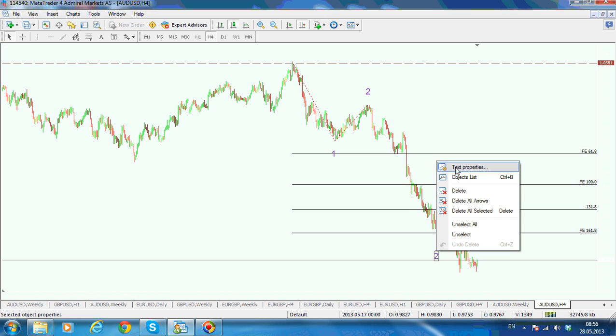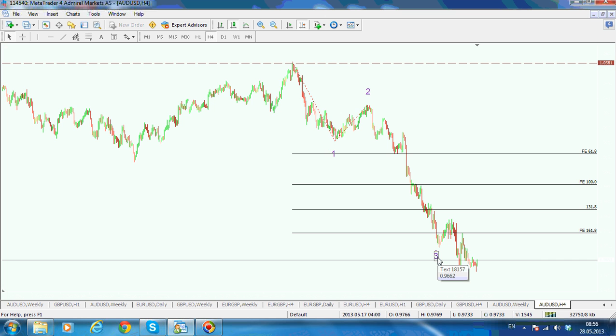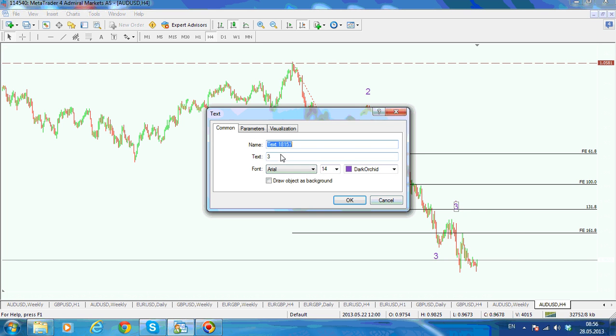What I'm trying to say is that I don't think that the lows that we are currently seeing here are the lows for the move. So 1, 2, 3, let's say a 4, quite a shallow 4, and then we're looking for a fifth wave to come to the downside.